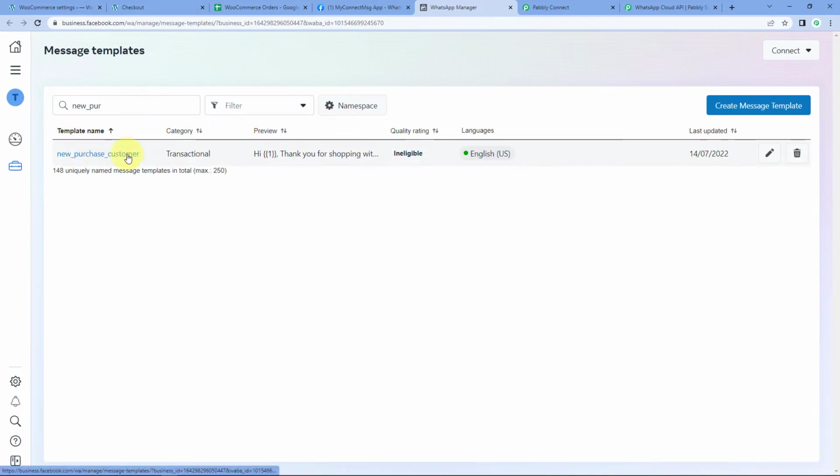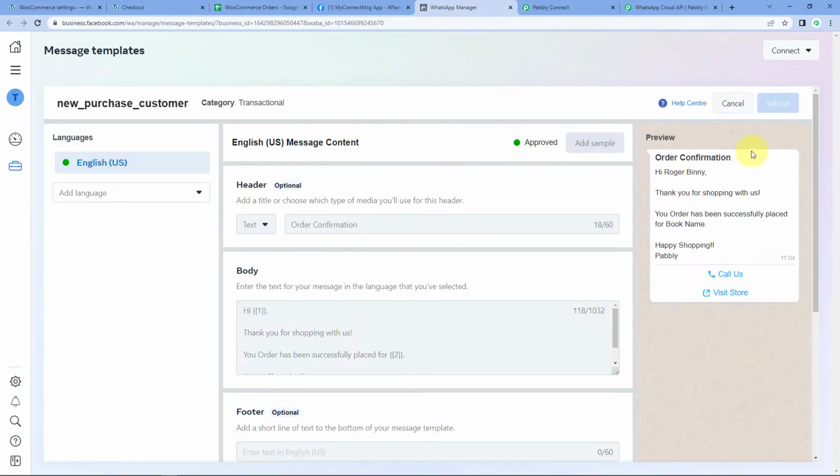New purchase customer. Let's open this template. And yes guys, this is the kind of WhatsApp message I want to send to my customer who places an order. This message says order confirmation, hi, and after hi, I will be adding the name of the customer who places an order. So here in the body section, you will find that after hi, I have added a number in